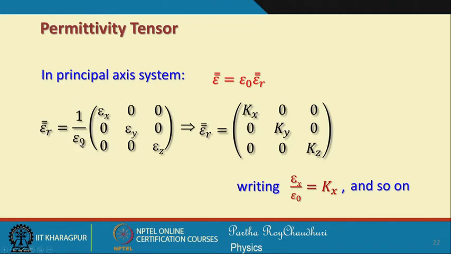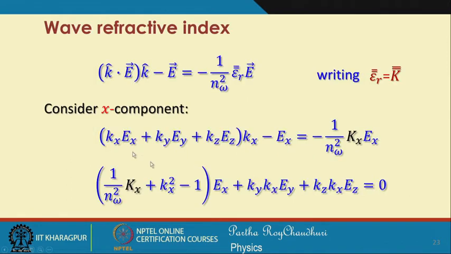If I replace epsilon x by epsilon naught times a quantity, the dielectric constant K x, K y and K z, then the epsilon r permittivity tensor for the principal axis system can be written in this form, and then we can rewrite this equation, k cap dot E, k cap minus E equal to 1 by n omega square epsilon r into E, and then writing this equation in this form, we can write